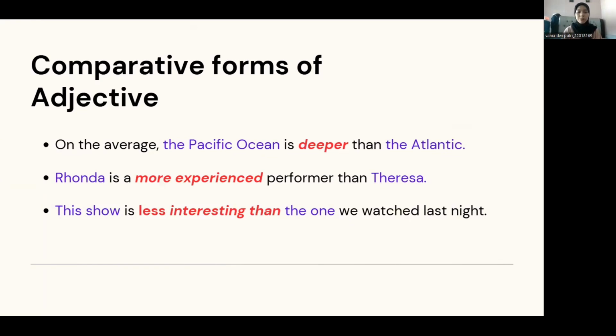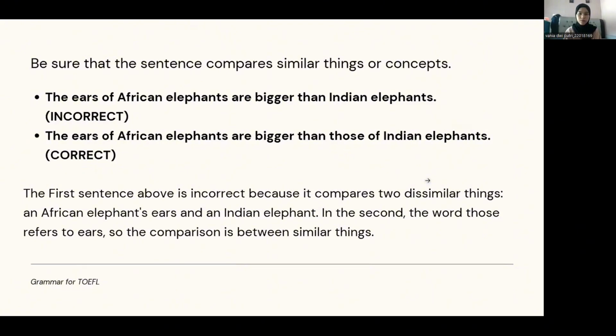The next example: more experienced than Teresa. Here, more experienced is the comparative adjective. The adjective is experienced, while more is a comparative marker. When the word is long, we use more or less in front of it instead of adding r or er. And then be sure that